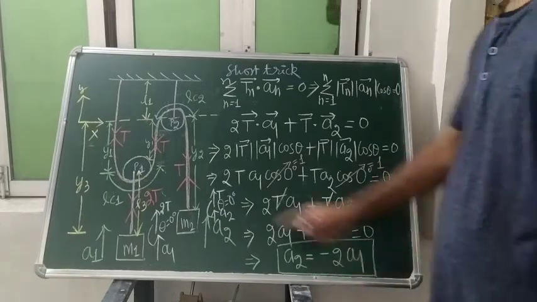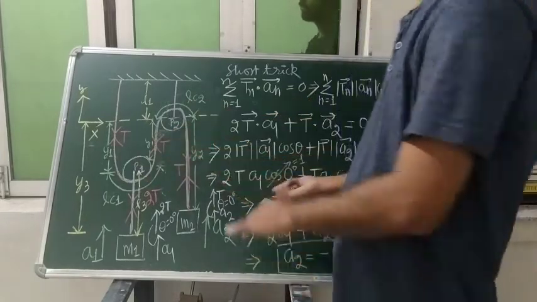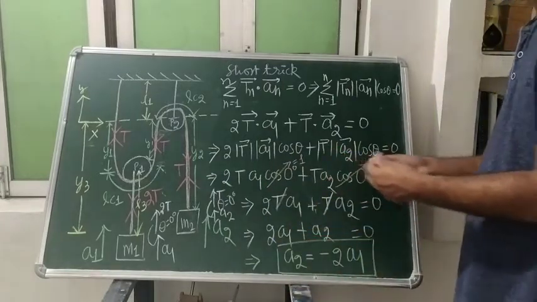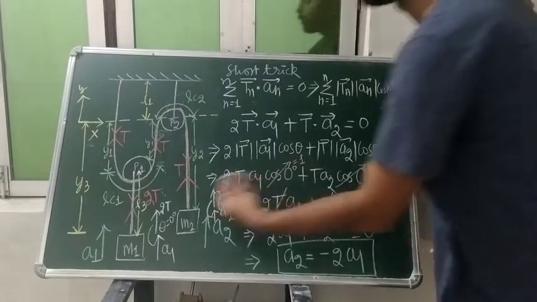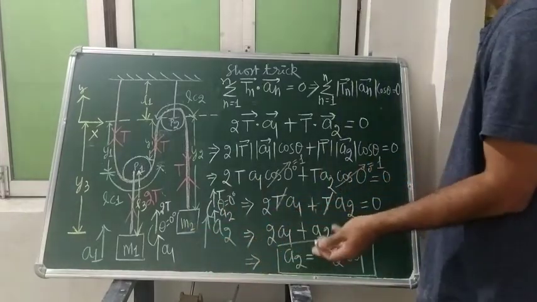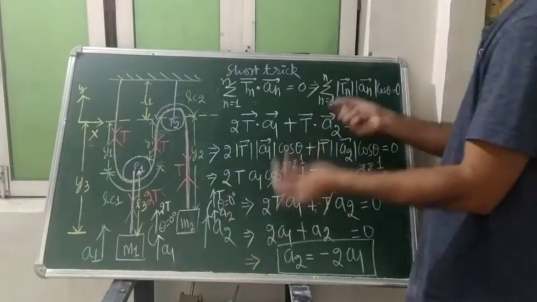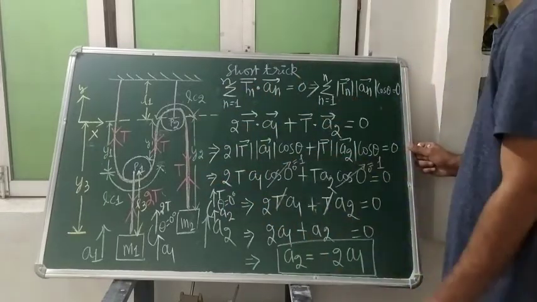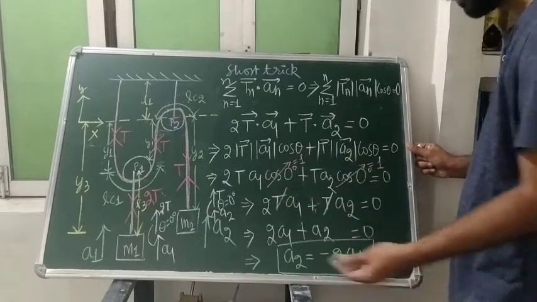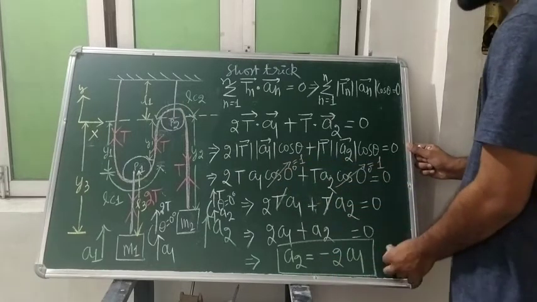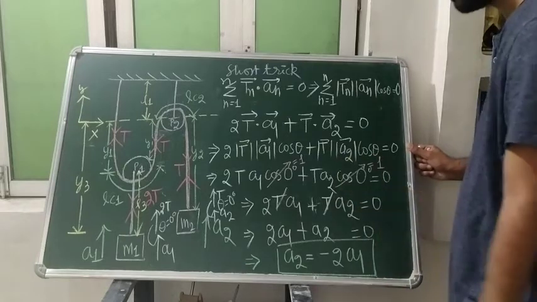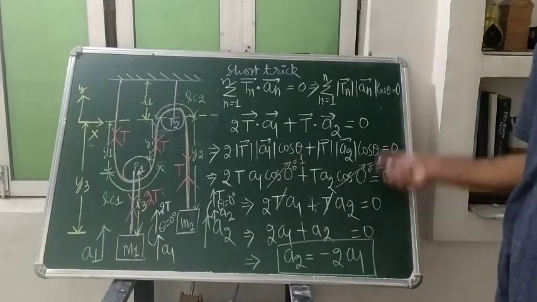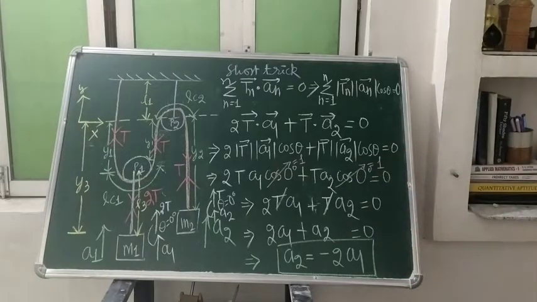I'm not going to perform how they are internally related, because the problem will get solved by finding out the relation between the accelerations of the blocks only. If a particular question asks how the pulleys are related, then for that I have performed the task, and I am not going to perform it again. You can perform it on your own. Isn't it, student? The same thing we are getting here. So you can write up to here. It was the short trick and it was the solution of homework number 1.